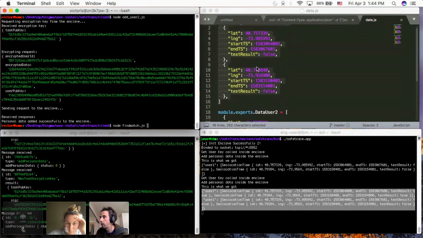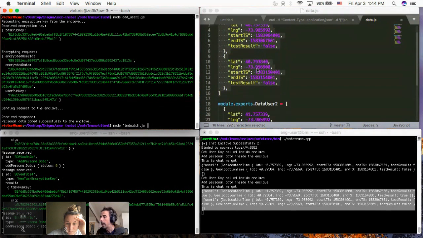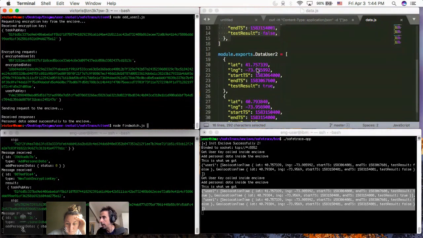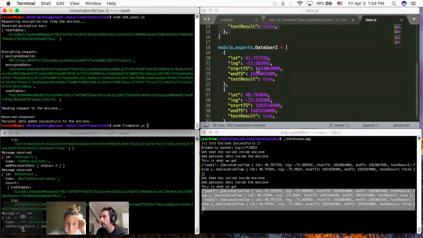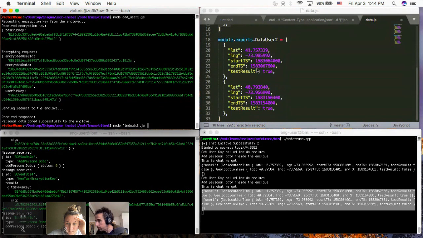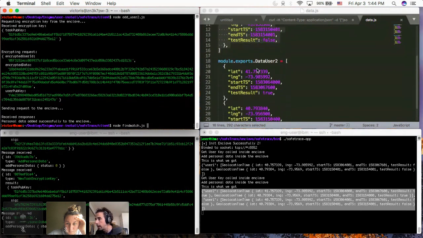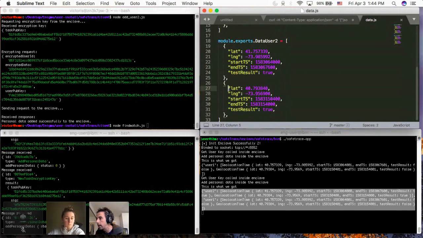The algorithm will look, for the user that I'm querying, in this case user 1, is there a match in terms of space and time with anyone who has tested positive? The coordinates, it's hard to see, but on the second point they are the same and around the same time, and so I expect that I will get one match.